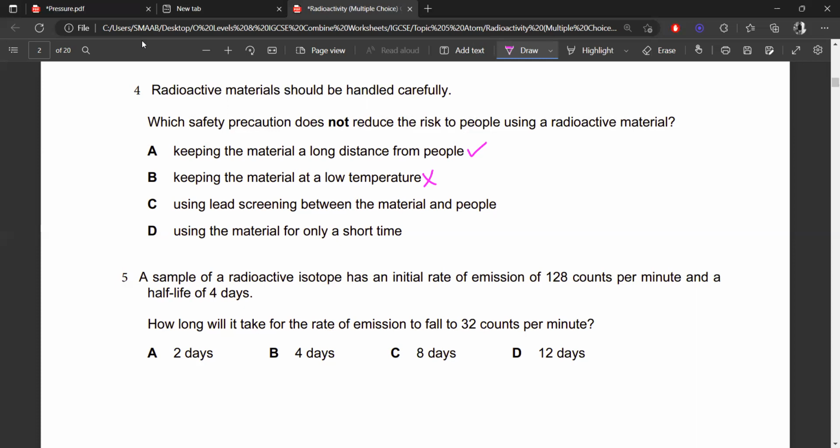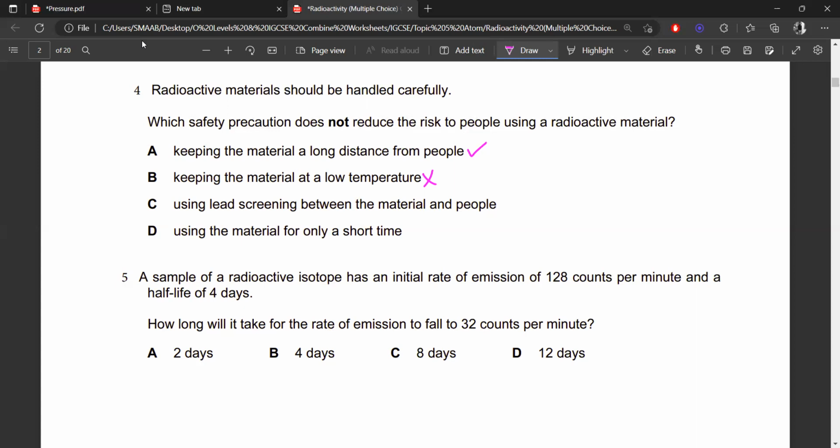We have a sample with an initial rate of emission of 128 counts per minute, right? So we are getting 128 counts per minute and a half-life of 4 days. It means we have to reduce the value of 128 by half in 4 days, right? So we need to find out how long it will take for the rate of emission to fall to 32 counts per minute. So what we have to do,